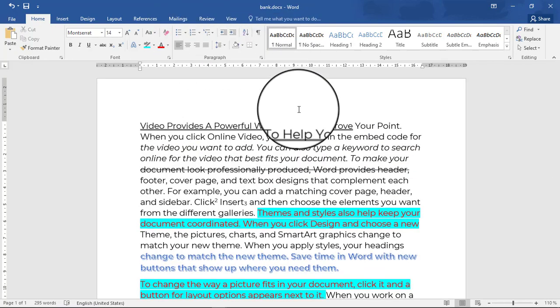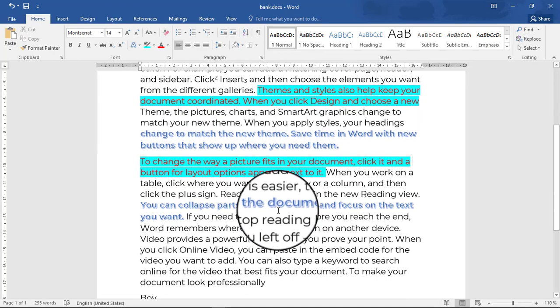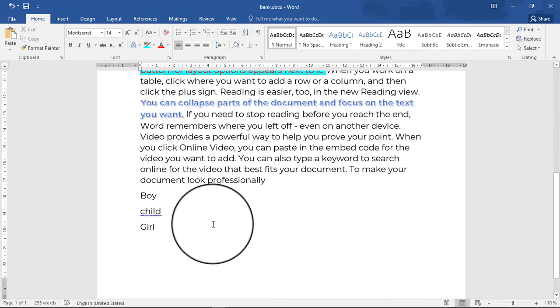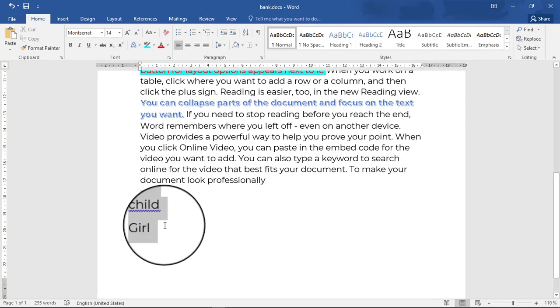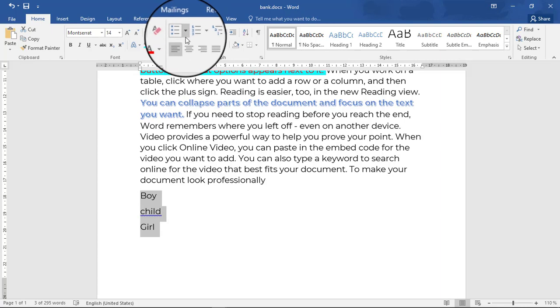So they may tell me also to give bullets on each text that works on lists. Maybe I have this one. I want to insert bullets on this list here. I have to first highlight, then move here on this icon.